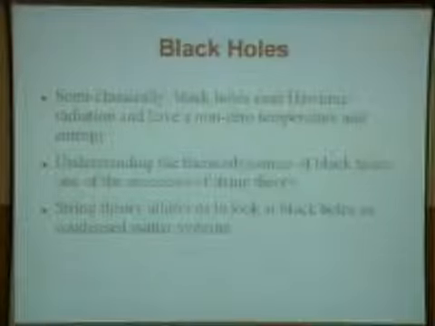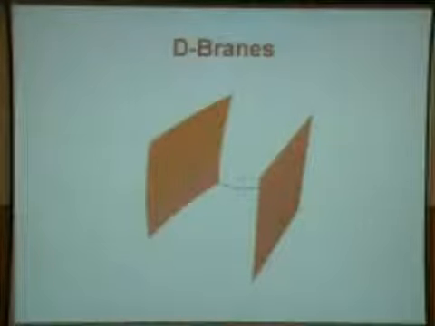So now black holes are part of condensed matter physics. How do we understand black holes? It requires us to talk about these objects called d-branes. So we count the entropy of black holes considering stacks of d-branes. What are d-branes? They are these extended objects in string theory which